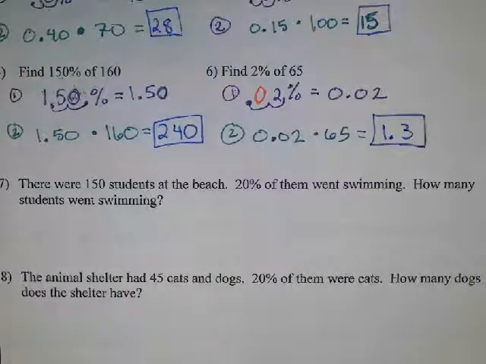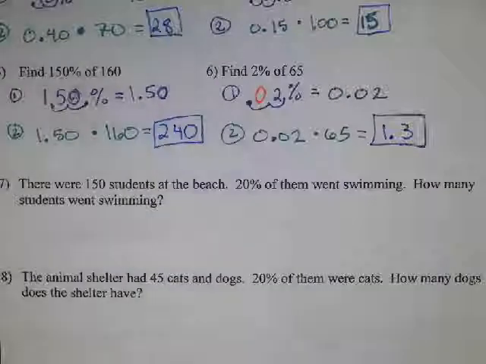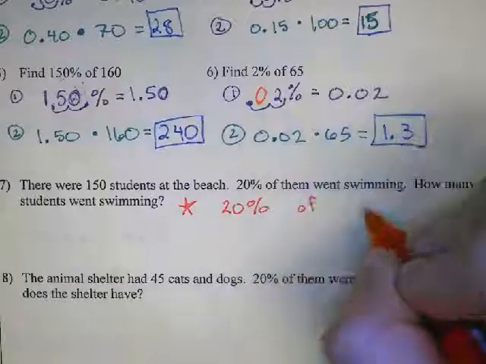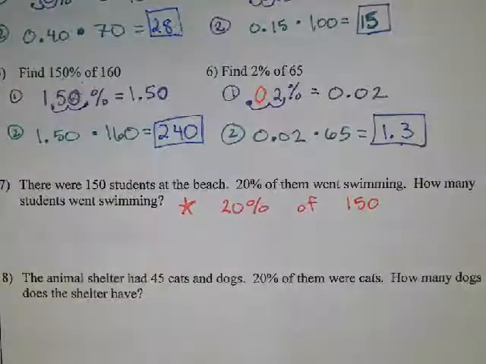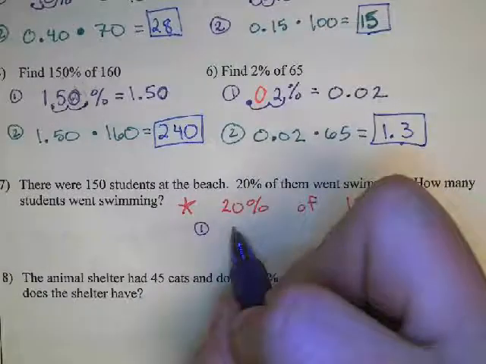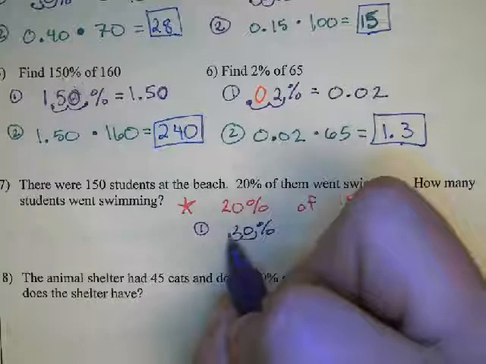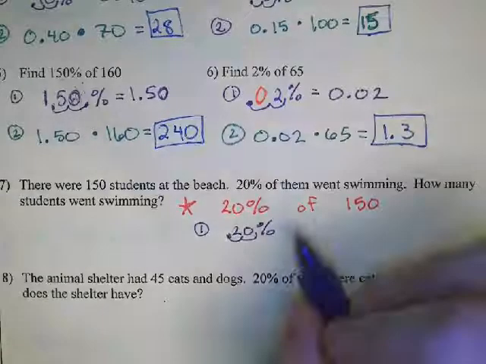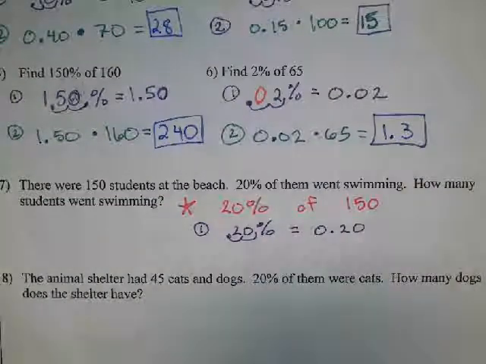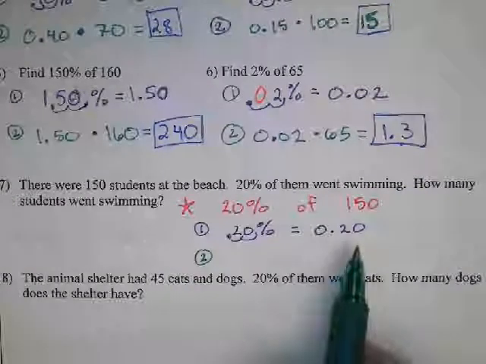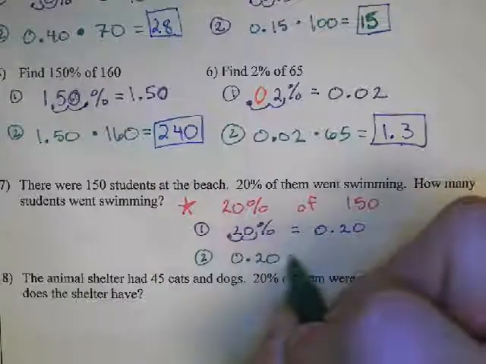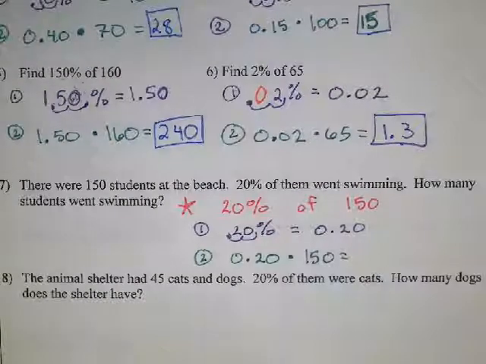So we're trying to find 20%. Our goal is to find 20% of 150. So let's do that step by step. We'll do step 1, turning our percent into our decimal, so 20%. Move my decimal over twice. And I get that is equal to 0.20. And then step 2, I'll multiply my decimal by the given number, 150, so I'll take 0.20 times 150 is equal to